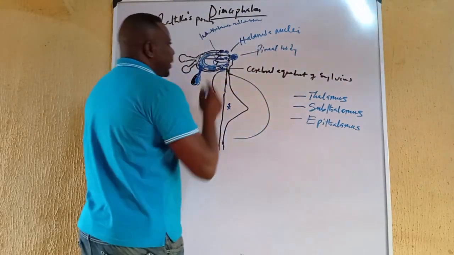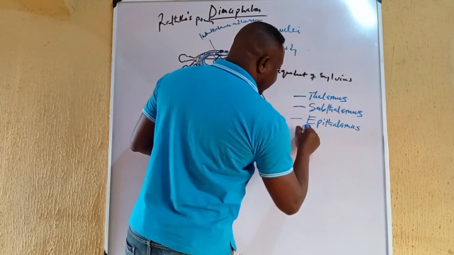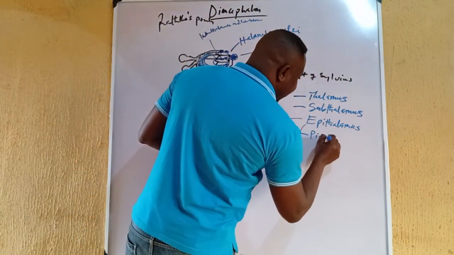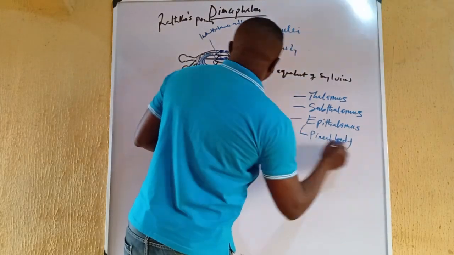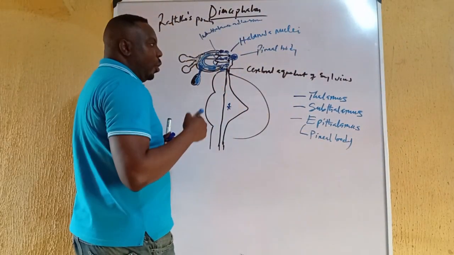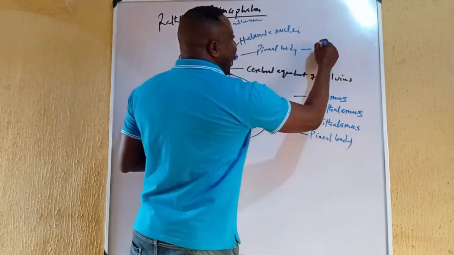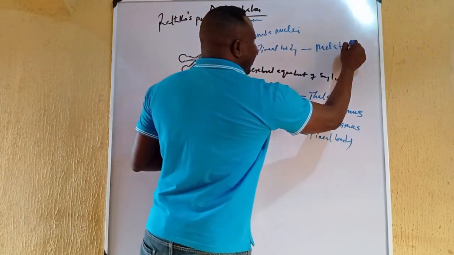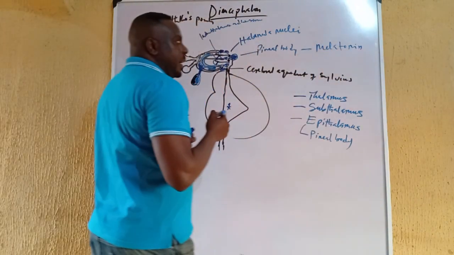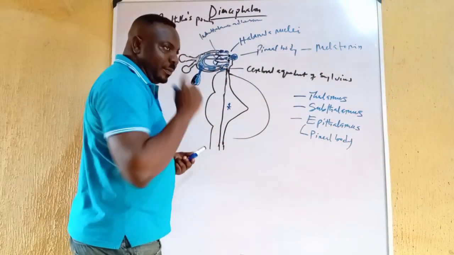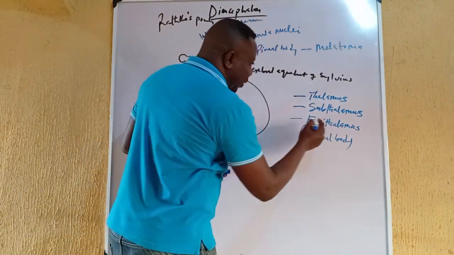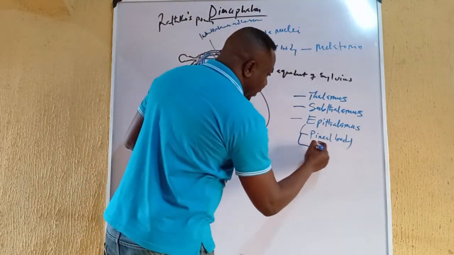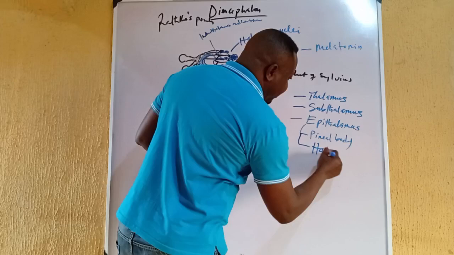The epithalamus consists of the pineal body or the pineal gland. The pineal body is responsible for secreting melatonin, and melatonin is implicated in circadian rhythm. We also have, as part of the epithalamus, the habenula nuclei,